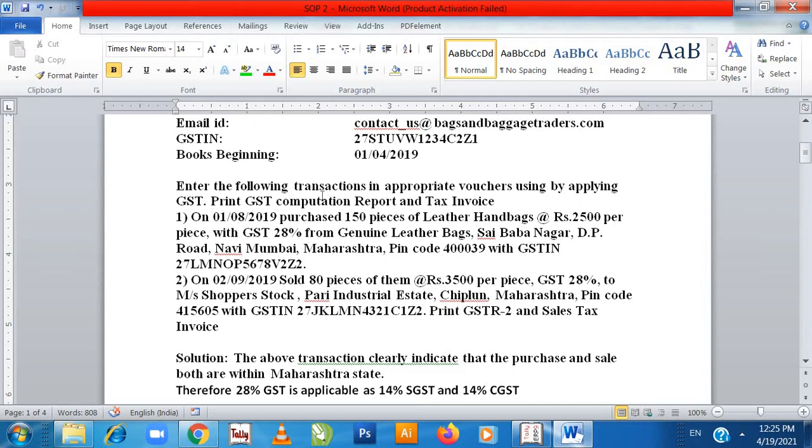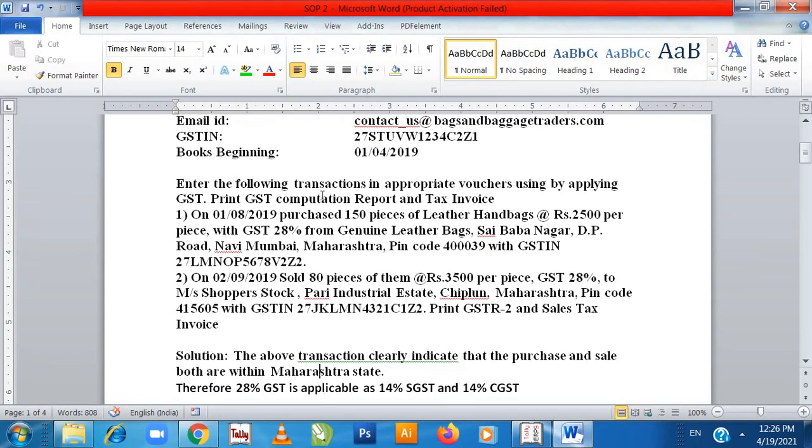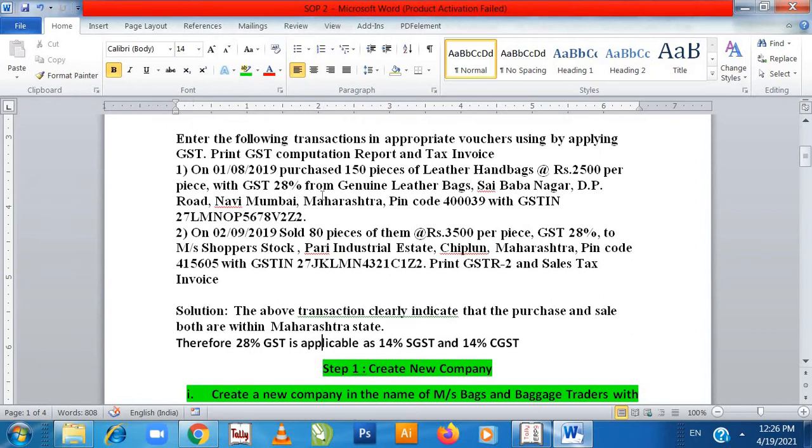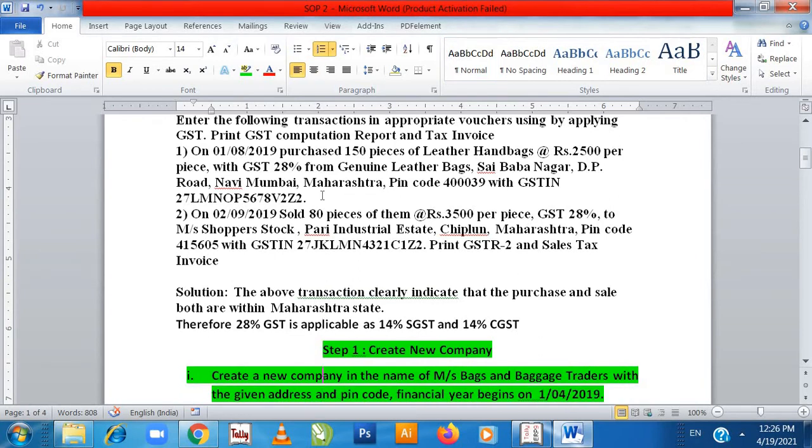Pin code is given, GST number is given, and we need to print the GST report, GSTR-2 and sales tax invoice. The above transaction clearly indicates that the purchase and sales both are within Maharashtra. Therefore 28% GST is applicable, 14% will go to state government GST and 14% will go to central government GST, goods and service tax.